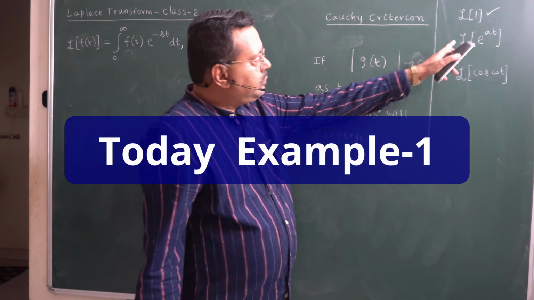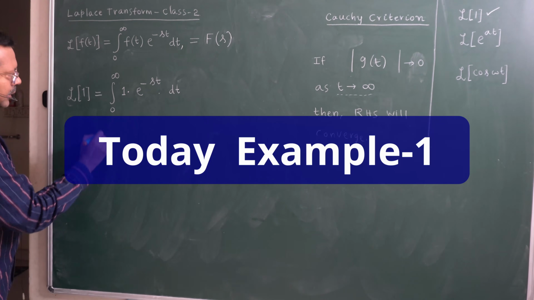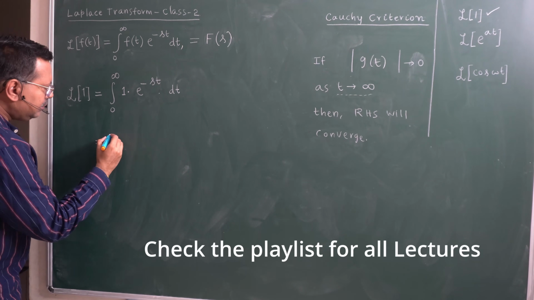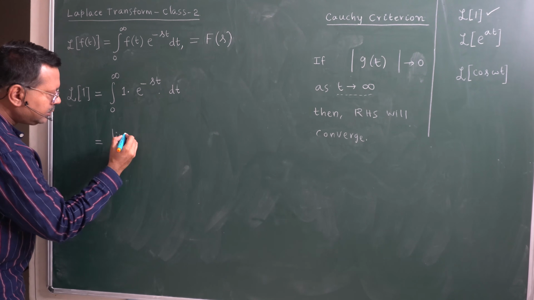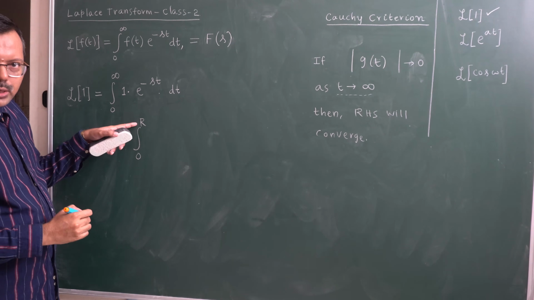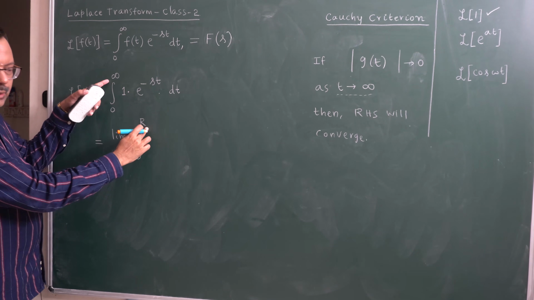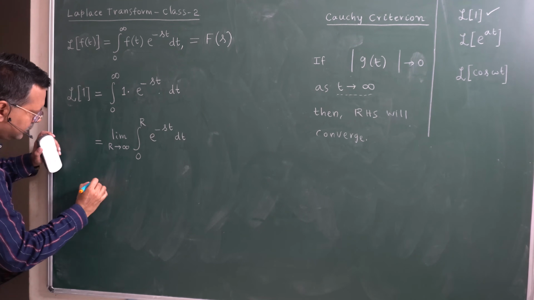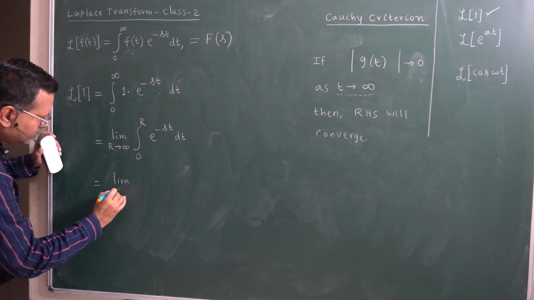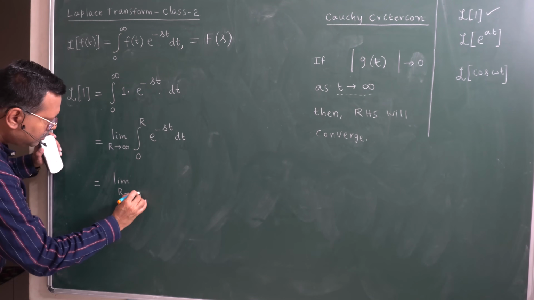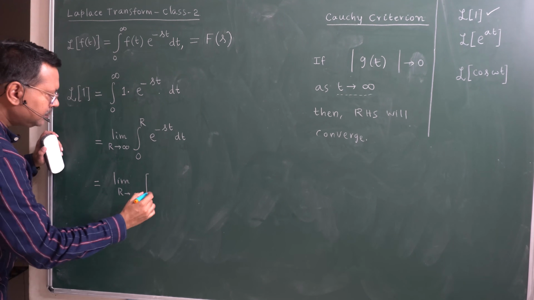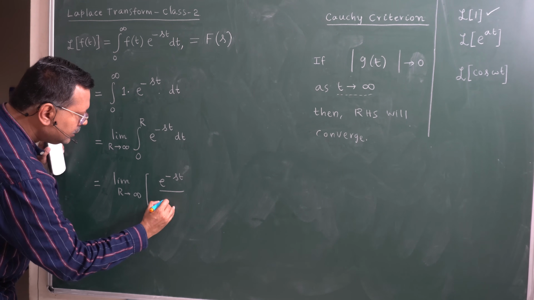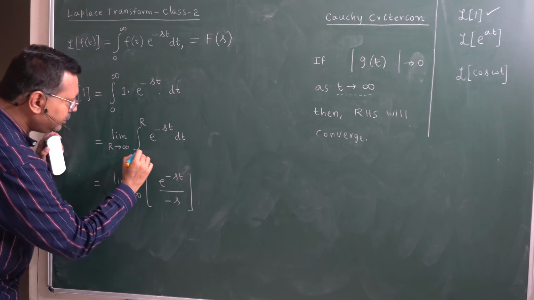Take an example so that we can understand this. Whenever there is an infinity coming into the picture, you have to rewrite in terms of a limit, because that is the standard procedure. Infinity you remove and put r here, but r is nothing but infinity. So therefore you have to say that r tends to infinity, which is nothing but limit r tends to infinity. We can evaluate this, e to the power of minus st divided by minus s between the limits 0 and